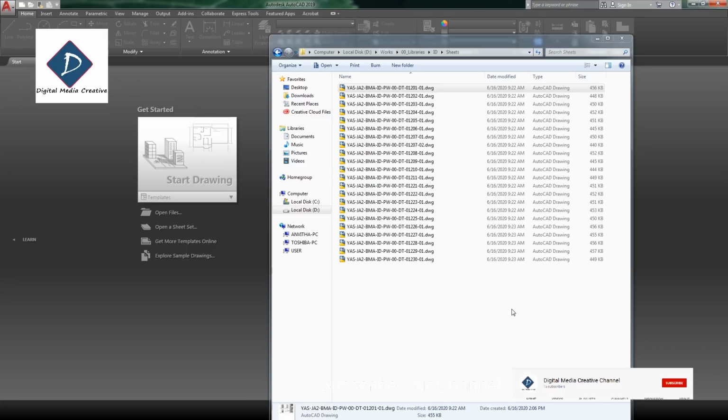So one by one. First, normally if we are a consultant or contractor or someone, we are receiving some files from another team. For example, we are requesting them to send files, not bound ones.